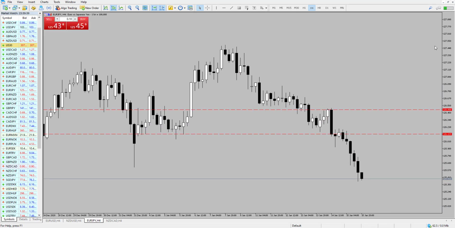Euro yen trended nicely in the end. We talked about getting short in and around this level here because price had consolidated at that point. Really nice breakdown. It then came and retested 126.50, broke to the downside again and broken through this 126.25. Now 126.12 is actually a monthly point of control, and if I go into the monthly time frame first, or at least the sort of daily time frame,